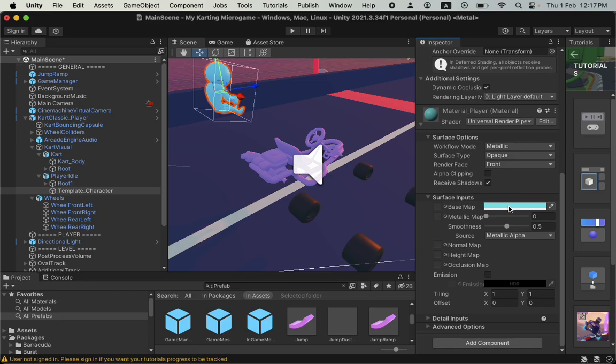So that's what we did earlier for the cart also, and that's what we can do right now for the player also. We are not directly changing the color of the player, we are changing the color of the material of the player. Okay, so right now you don't worry if you don't understand some things,